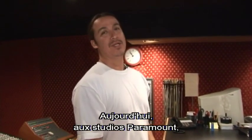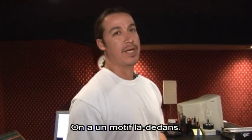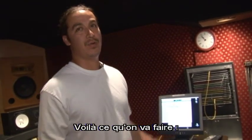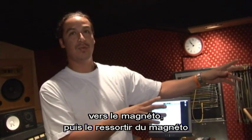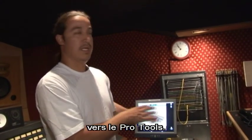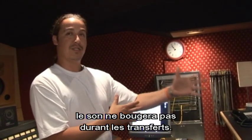Okay, today at Paramount Studios, we're gonna do our A/B test, 2-inch Pro Tools HD rig. We got a little session in here, basically 2 kicks, 2 snares, a hi-hat, and what we're gonna do is transfer it straight, the same levels, out of Pro Tools, straight to the 2-inch, back from the 2-inch, back into Pro Tools, and you know that Pro Tools is just a mirror,